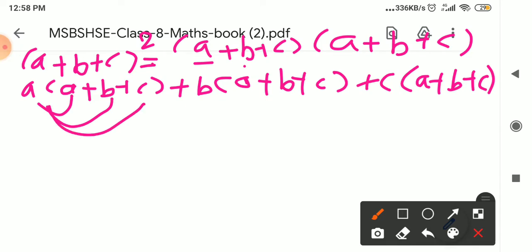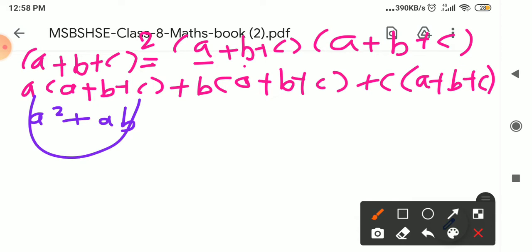So why have I shown this? Because when I start solving, you must know how I have multiplied. So a into a is equal to a². a into b is plus into plus, so here it will come plus sign, and a into b is equal to ab. Plus a into c, a with this third term, plus into plus is equal to plus, a into c is equal to ac. We completed this multiplication.